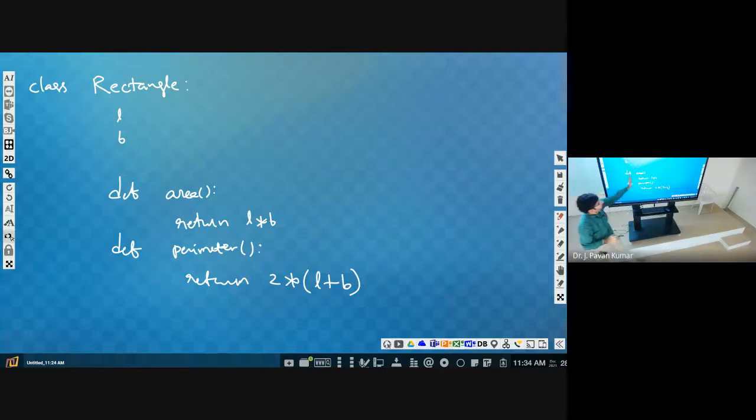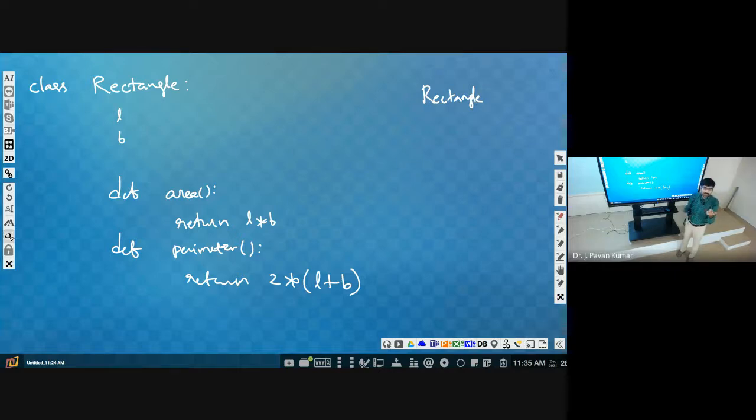Now we need to give some real existence to it. As I have mentioned, by providing the values only are we able to make it a real, existing thing. So how can we give values? We will be using the class name. What is the class name? Rectangle is the class name. We wanted to give values.